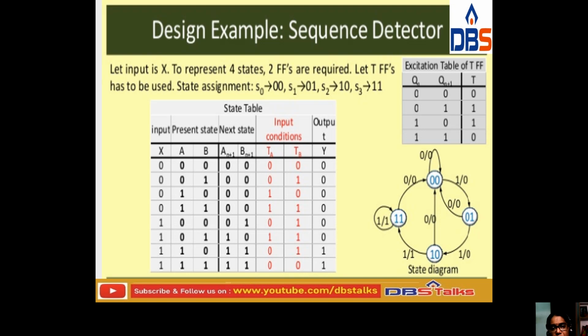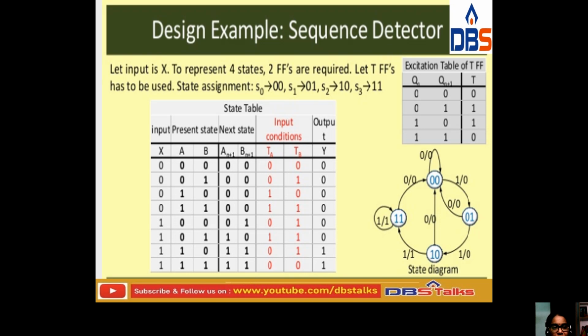So at the 0 stage, that is 00, if x is represented in 0, here the x is represented in 1. If the x is 0, A and B are 00, 01, 10, 11. At x value 1, the A and B values are 00, 01, 10 and 11. Okay, so at this particular time, from the present state to the next state, the values will be 00, 01, 10, 11, like this.